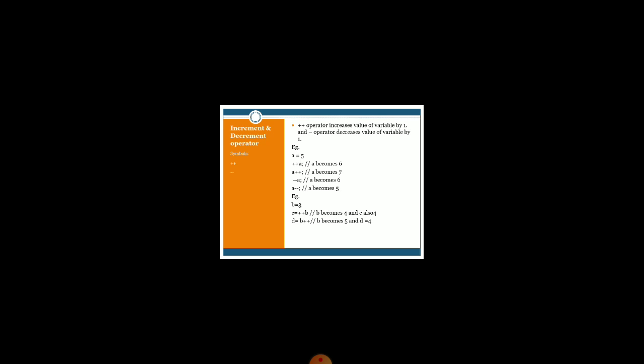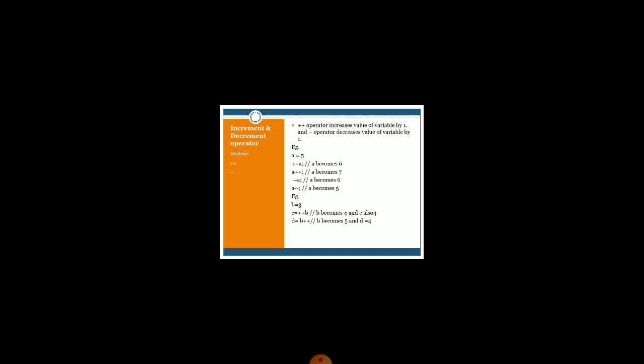But if you observe here, you get one idea: either I can use ++A or A++. That means I can use the increment operator either before the operand or after the operand. If I'm using it only with the operand, there will be no difference in my answer. But if I use the pre-increment or the post-increment with some assignment operator, there will be some change in the value of the assigned variable.